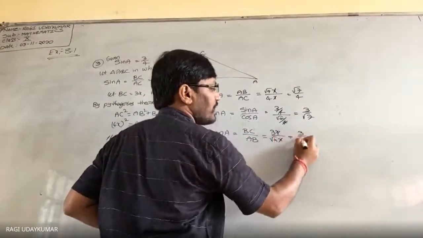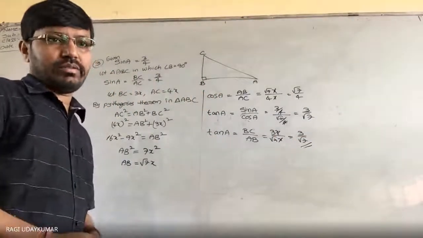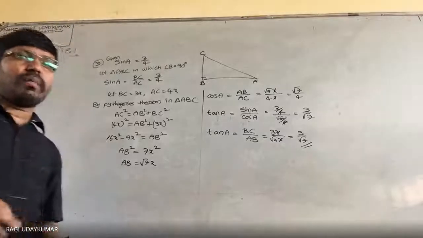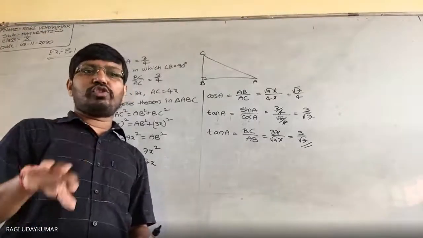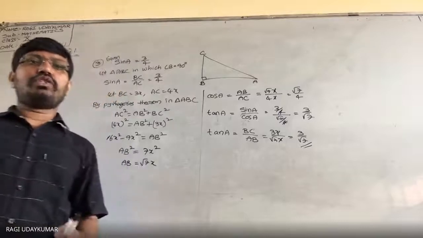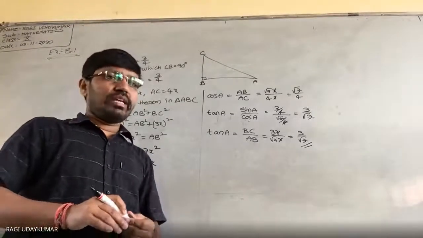So we are going to get 3 by root. So in both ways you can do it. And the fourth problem also in a similar way. What is given to you? 15 cot A is equal to 8, and cot A is equal to 8 by 15. That also you can do. It's homework. You do that problem.